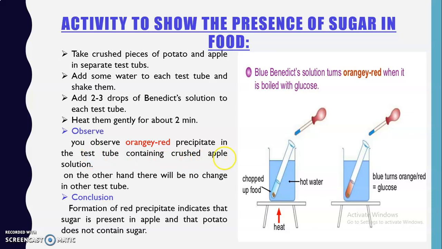So the pieces of apple in the test tube, when mixed with the Benedict solution and heated, what will happen? This Benedict solution, which was blue in color, will change its color to orange and red. You can see over here the change of color in the picture. So this change in color shows that glucose is present in the apple,